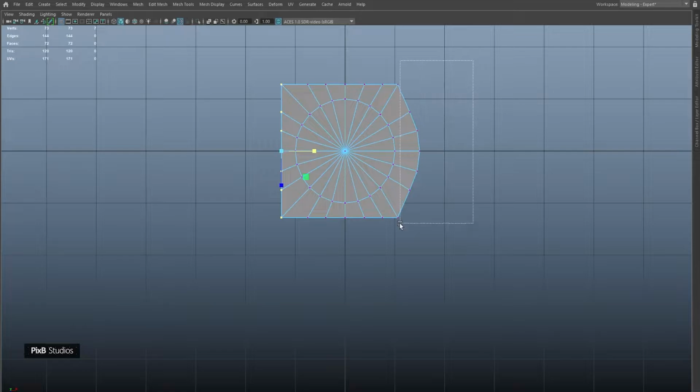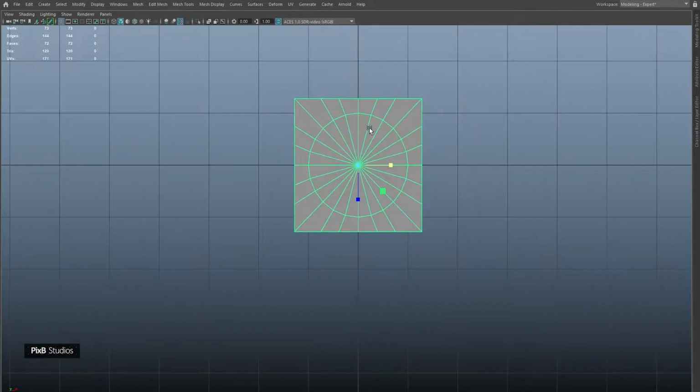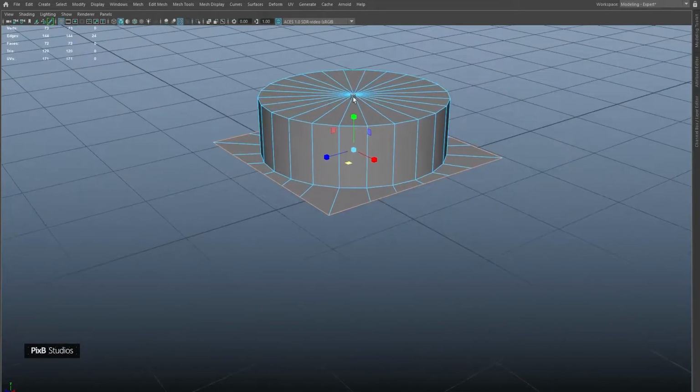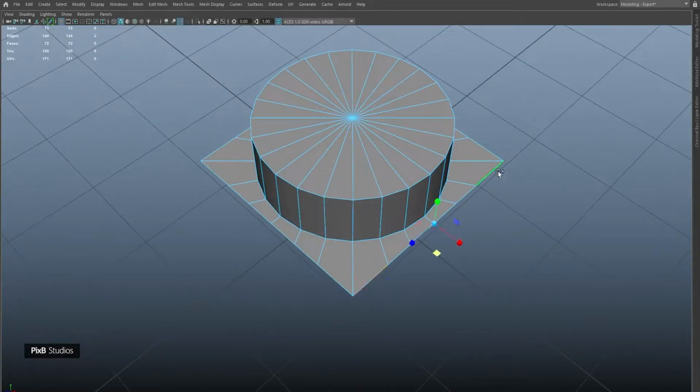scale these as well. Okay, and now select these and maybe I'll just scale them slightly, even more like these. Now what I will do is I'll select these edges